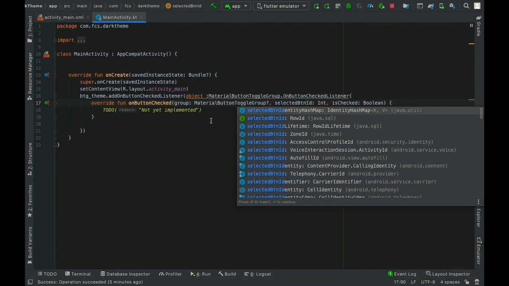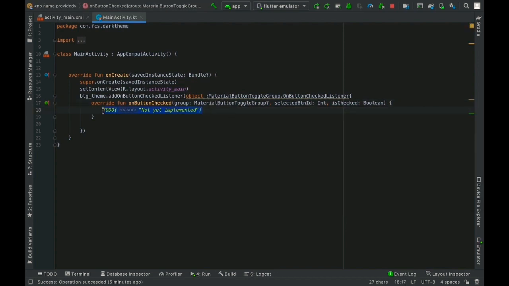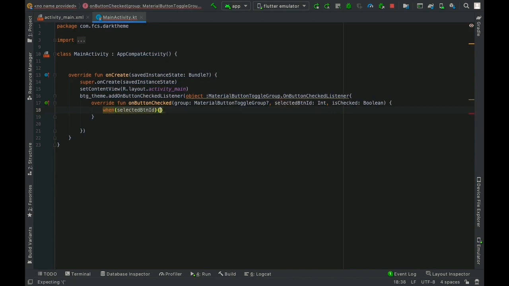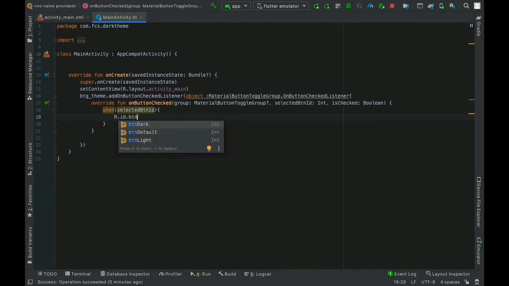So here I am going to add a when clause and I am passing the selected button ID. Inside the when clause, I am checking each condition, which is R.id.btn_default. And for now, let me just return a simple string.